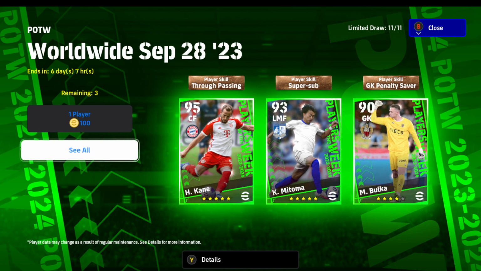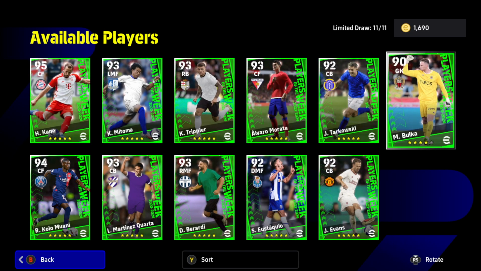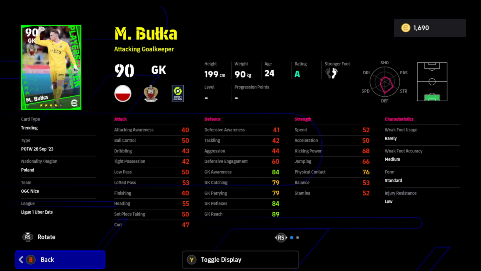So, let's have a look at who we got this week. Starting as always with the lowest rated. Just one 4-star this week. It's the goalie, Bulka. Polish keeper. So this guy, first thing I notice is he is 199 centimeters,